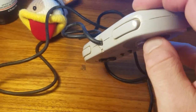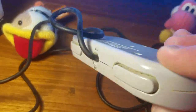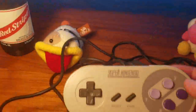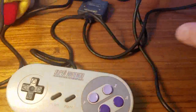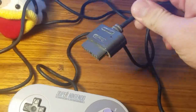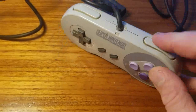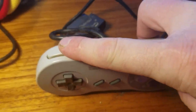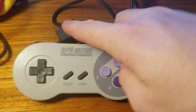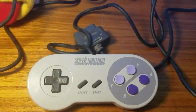This controller, I'm pretty sure, came from my childhood. I think I owned this controller as a kid, and it's disgusting, frankly. It's a very gross controller, but this controller has been dead for years. If I remember correctly, I think it's the left trigger. It doesn't really work that well. In fact, I don't think it works at all. And then the start button doesn't work. So there's certain games you can't play